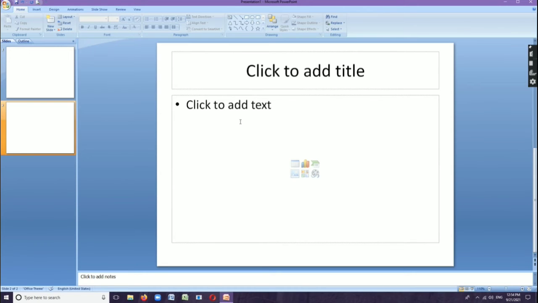Okay. Now let's check what are the parts of the MS PowerPoint screen. Whenever we are opening MS PowerPoint, we can see a lot of parts there. And the first one is called the title bar. Here you can see the title bar is located at the top of the PowerPoint window. It displays the name of the file and the name of the program. Currently we can see the name of the file is Presentation 1 and the name of the program is Microsoft PowerPoint. We can change the file name and program name whenever we are saving the MS PowerPoint file.